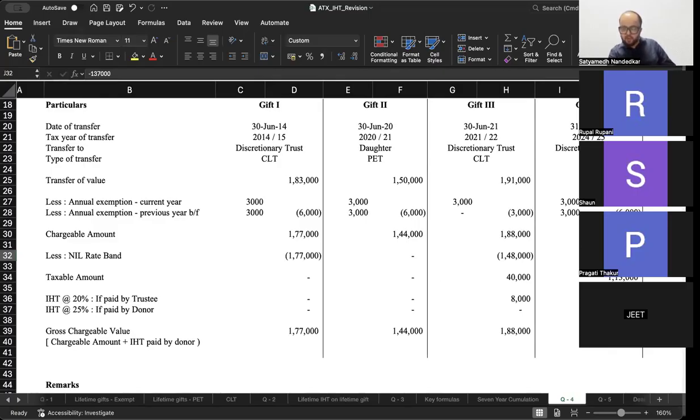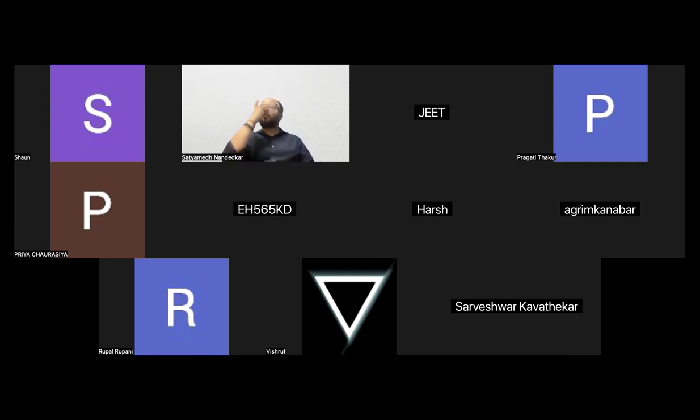इसको subtract करो, you get taxable amount of 1,13,000. On this 1,13,000, tax paid by the donor is 25%. 1,13,000 into 25% is 28,250. इसका GCV आएगा chargeable amount plus IHT paid by the donor, which is 2,78,250. Now, if I want to quickly recap in my head ki how exactly should I calculate the lifetime IHT